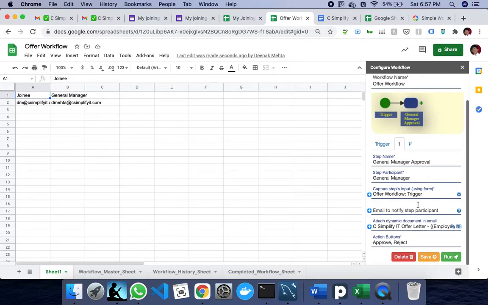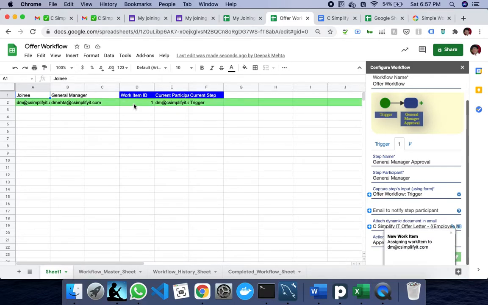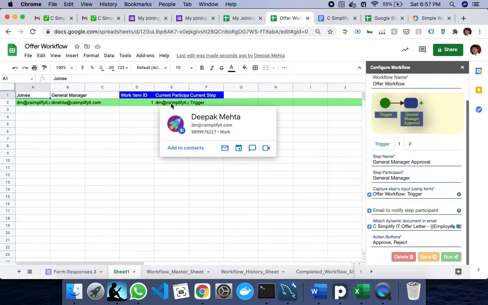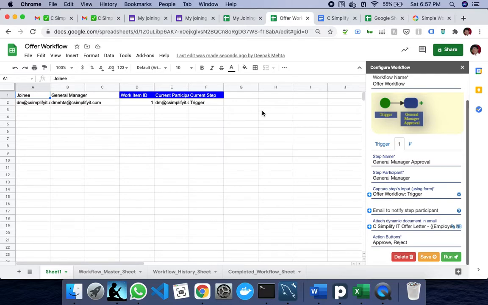Typically, to see if you have saved it, the step name here and the step name appearing in the workflow panel must match up. If they are matching up, it means you have saved it. Otherwise, it should show something like step 1. Once you have done that, you just click run, and it will generate a work item for this workflow that we have created here, and send it to the first participant, which we can see here is DM.